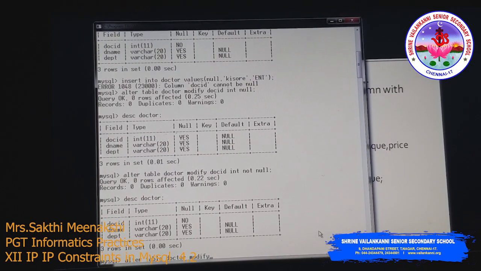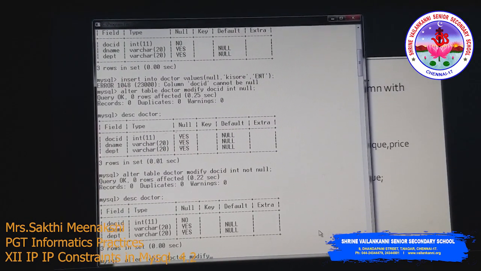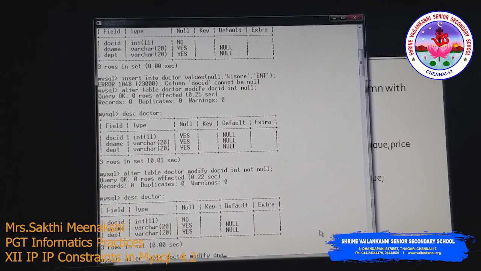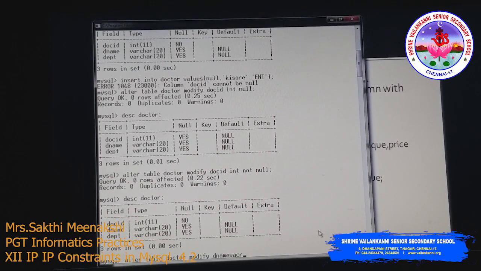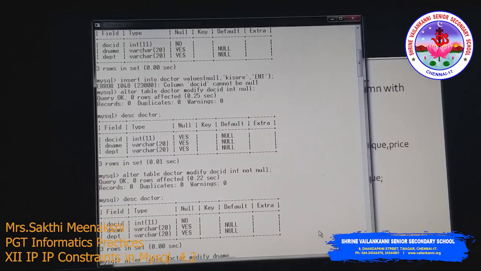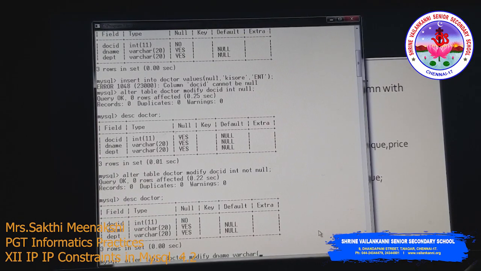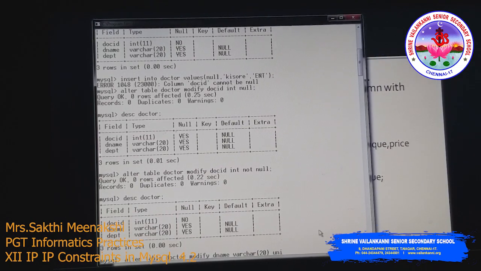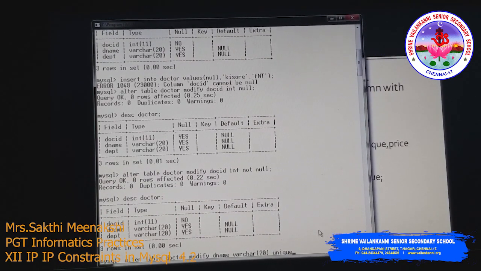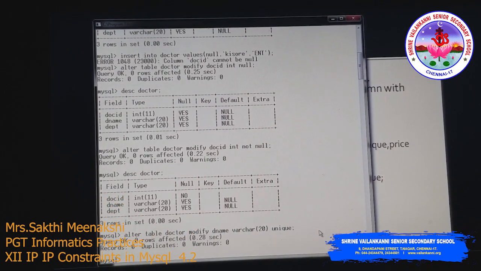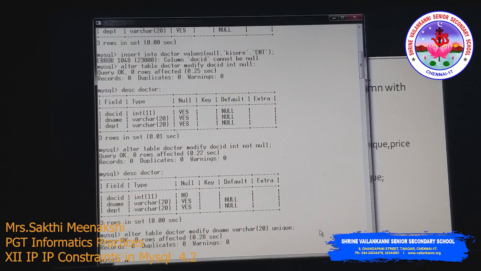Then you have to specify the column name, D name, varchar 20, then you can give it as unique. So this will accept unique value.